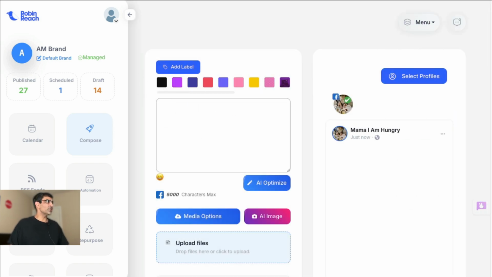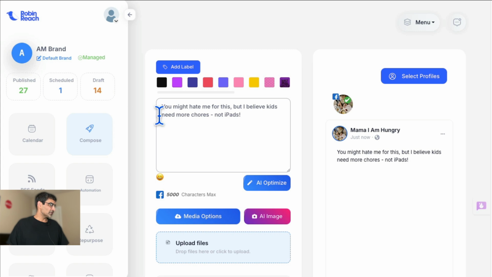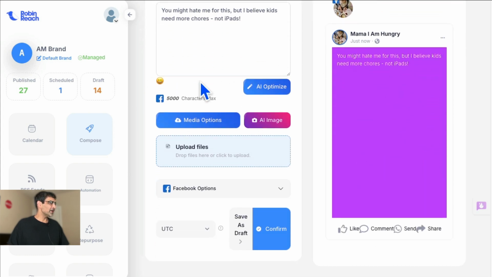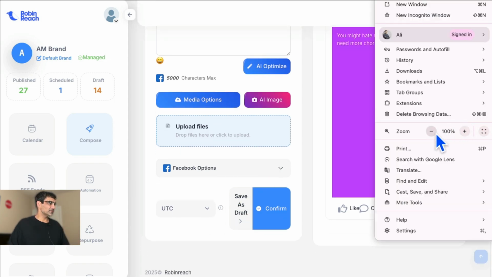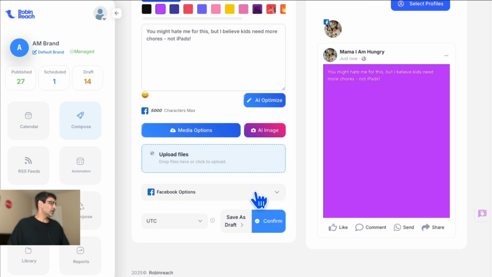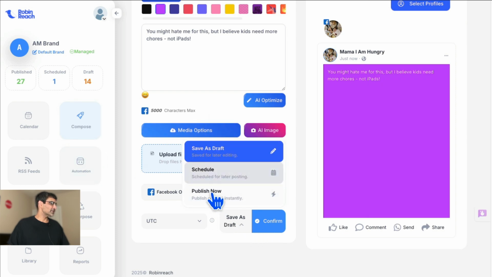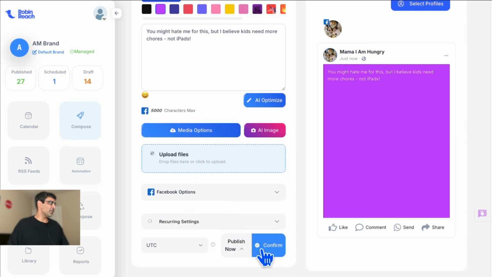And then this is where you're going to post. So let me actually copy something. Here you go. So you might hate me for this, but I believe kids need more chores, not iPads. Interesting. And then I'm gonna select one of these colors here. Now scroll down. Let me resize this page. And then you can just click on publish now and confirm, and then it will get published as a text